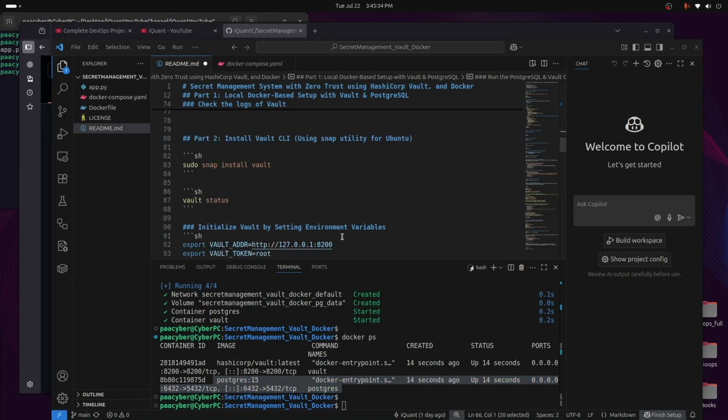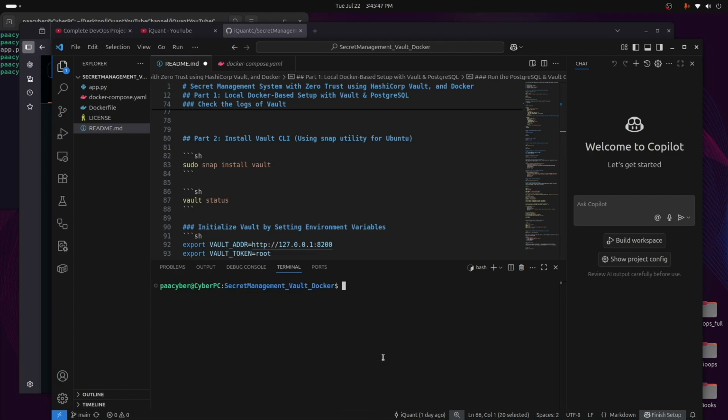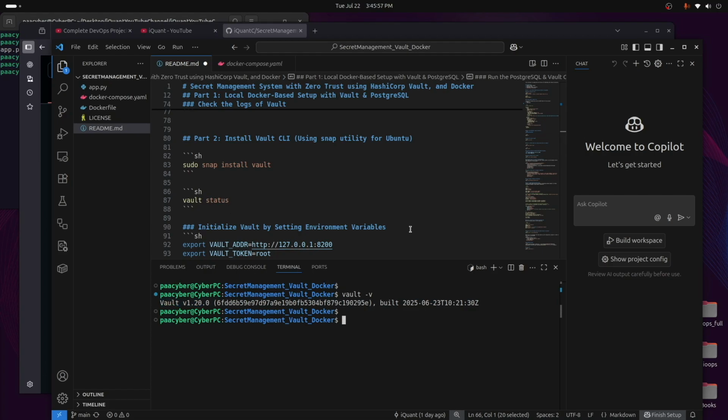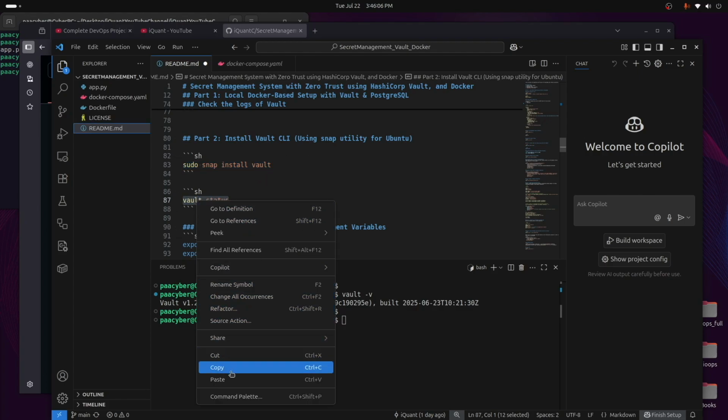Next, we need to configure Vault and Postgres. Before that, we need the Vault CLI installed. I've already installed it, so let me first clear the screen. When I do vault -v, this is my Vault CLI that is installed, version 1.20. If you haven't installed it and you are working on Ubuntu as well, you can use the snap utility to install it. I'm going to check the Vault status,